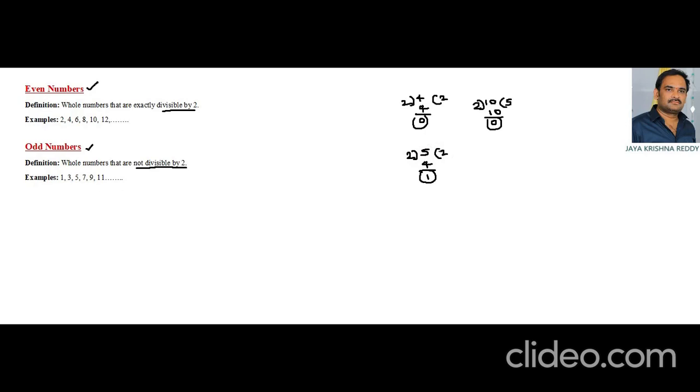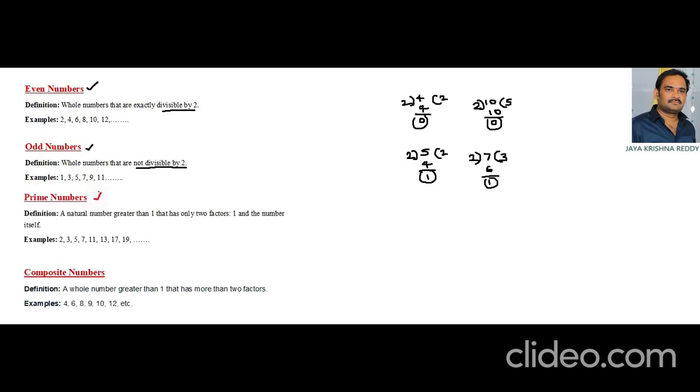Take another number, suppose 7. Let us check it by dividing by 2. 2 threes are 6 and the remainder is 1. So the odd numbers are not divisible by 2. Always they leave 1 as the remainder when divided by 2. So odd numbers are 1, 3, 5, 7, 9, 11 and so on. And